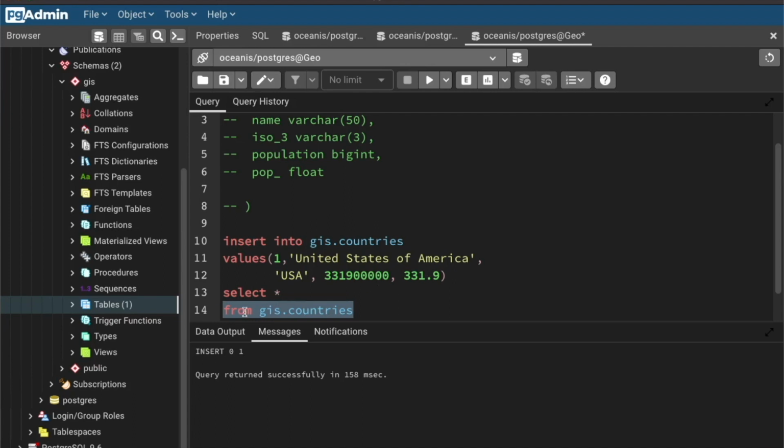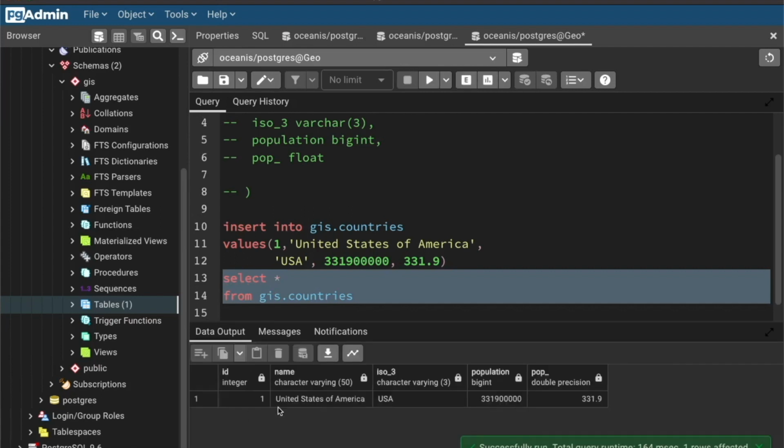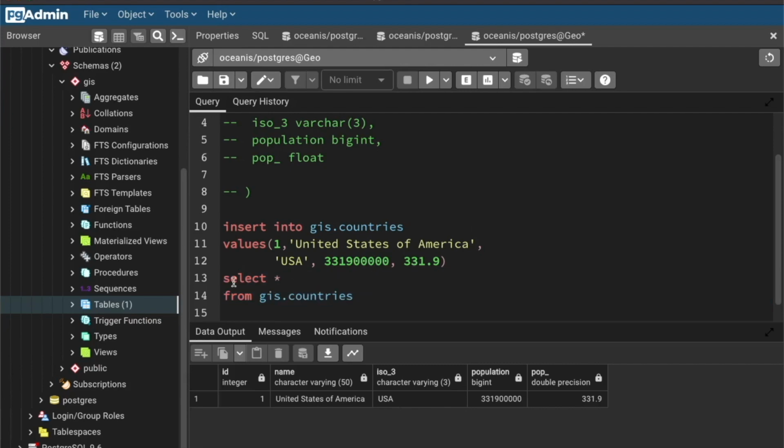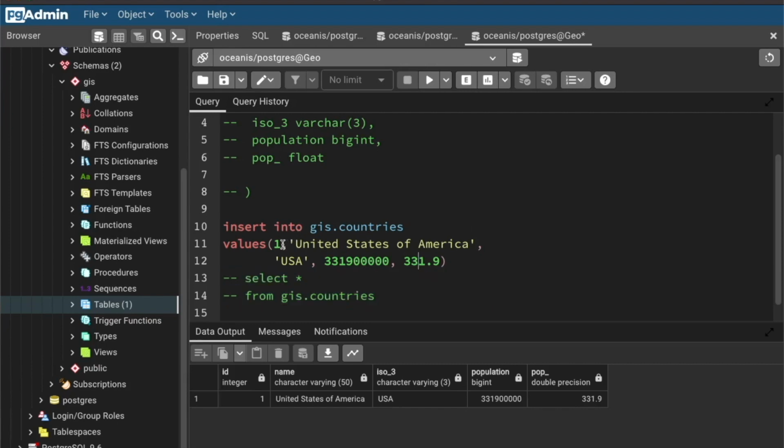And we want to run just this portion, just the select statement here. And wonderful. We obviously can insert more than one country. So let me comment this one out, and then let's add another country here. Let's give it ID 2, and let's add